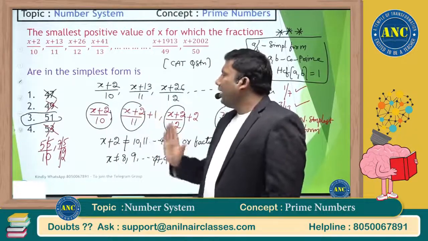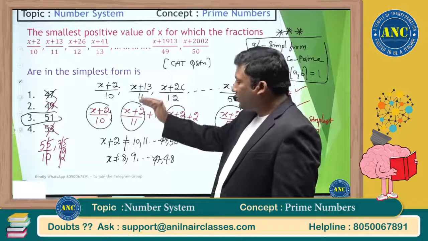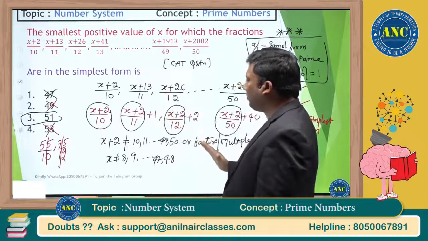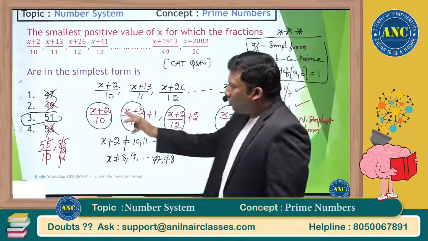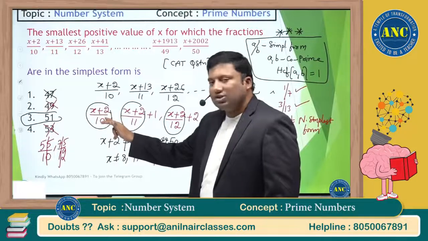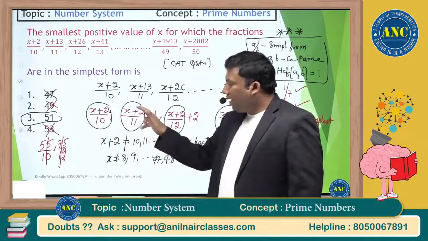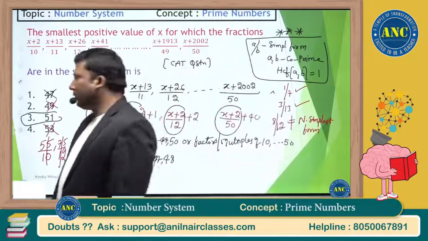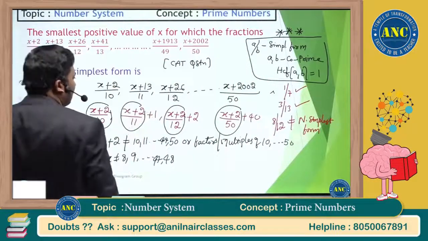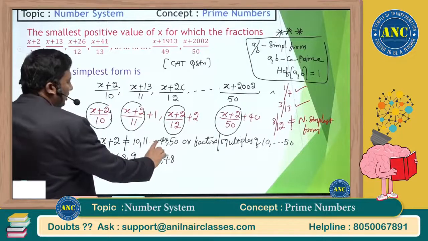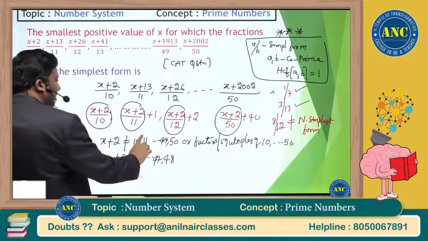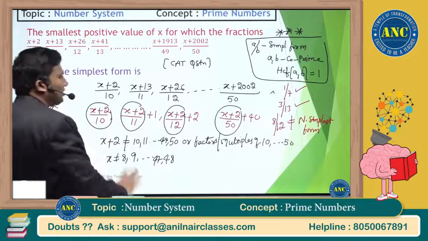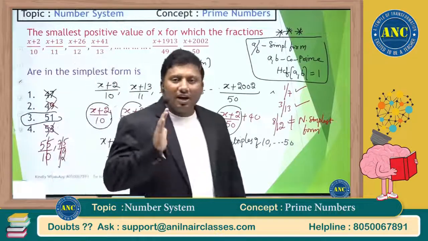Then I expanded the fractions: (x + 2)/10, (x + 2)/(11 + 1). So x plus 2 cannot take 10, or factors or multiples of 10. X plus 2 cannot take 11, or factors or multiples of 11. Expanding further, x plus 2 cannot take 49, 50. X cannot take 47. The first option is also eliminated. We are discussing the